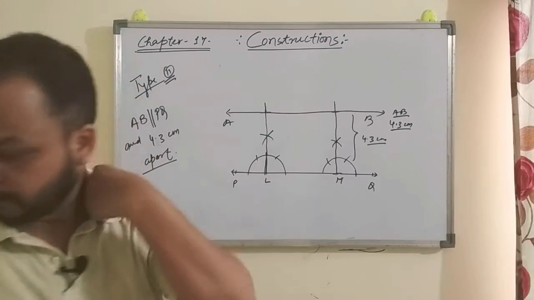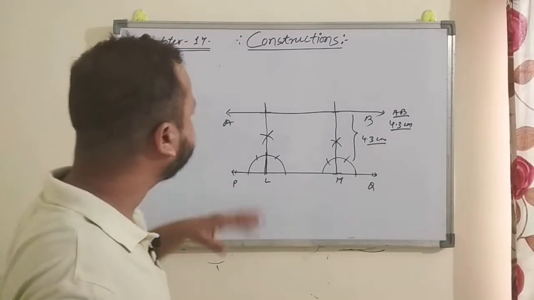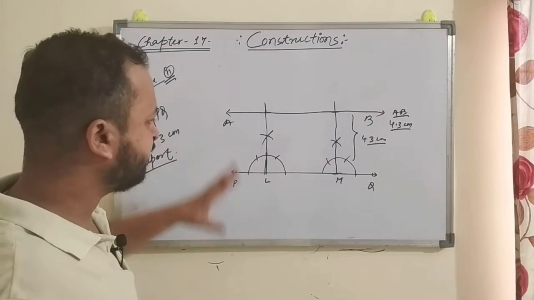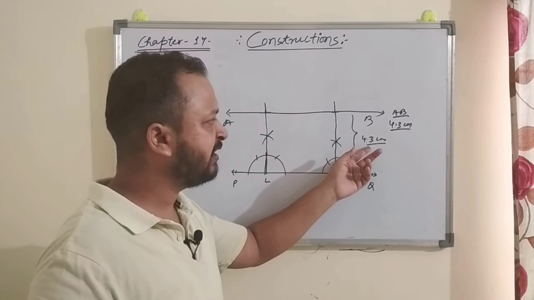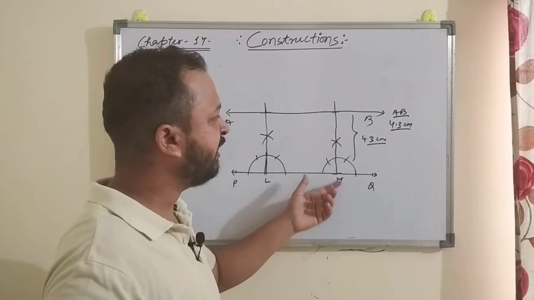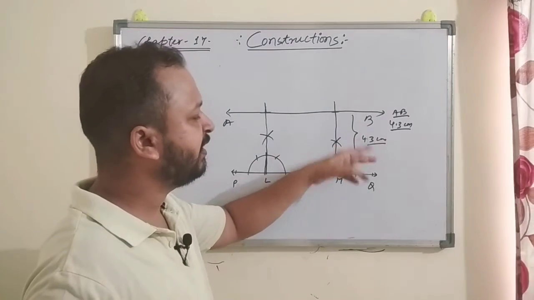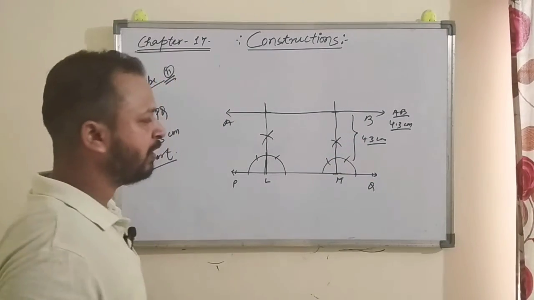Actually, this was the question given in your exercise 17A. So if you are going to construct a line where the distance is given, a line which is parallel to the given line and a given distance apart, what you have to do is: